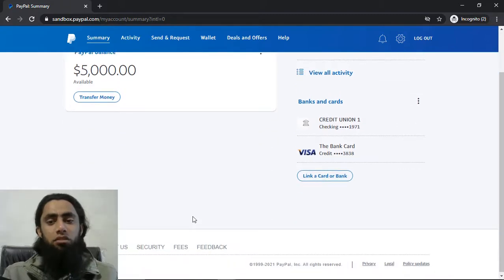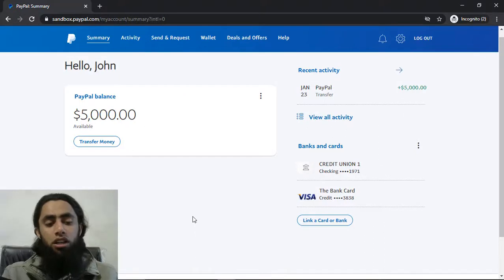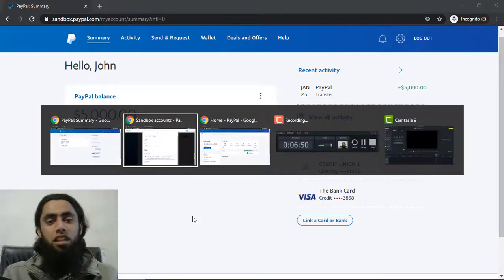So basically these are the few things which we had to know about the PayPal Sandbox account. The purpose of these Sandbox accounts is for testing. If you are purchasing a product and you are putting it live, and maybe there would be a problem, then to cross check whether the transaction is going to be successful or not, and whether there is any problem with the coding, we need something which can give us the information that everything is working fine. All right, so that's why we have these Sandbox accounts.